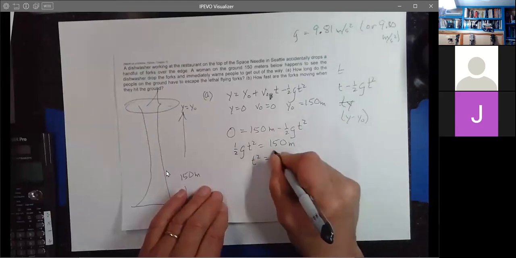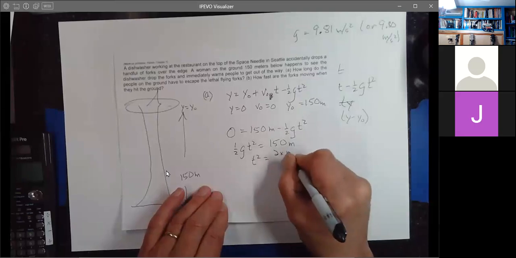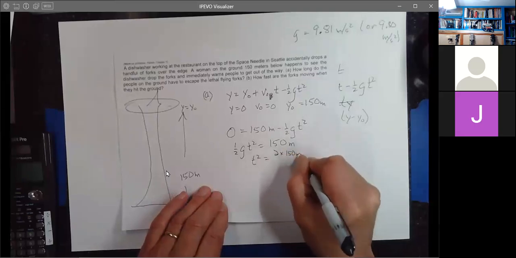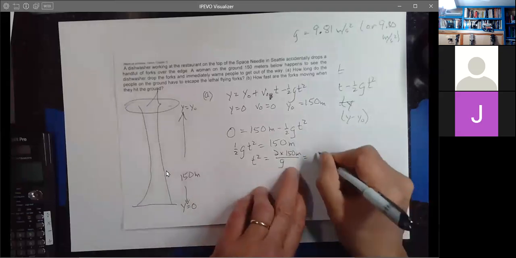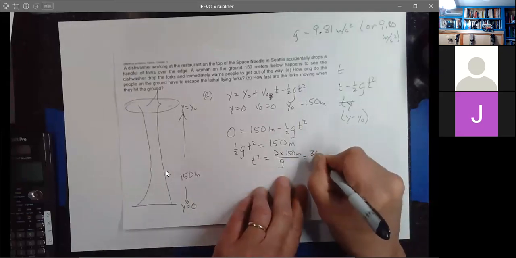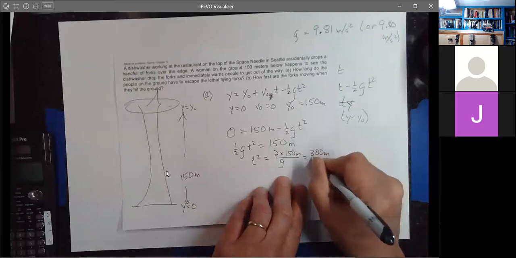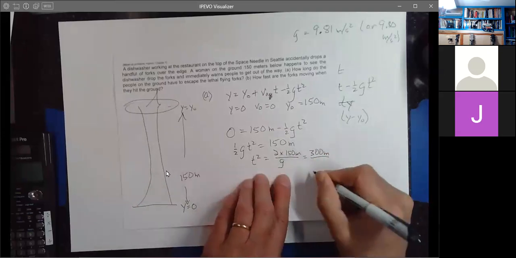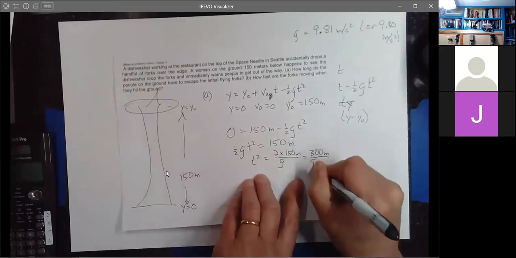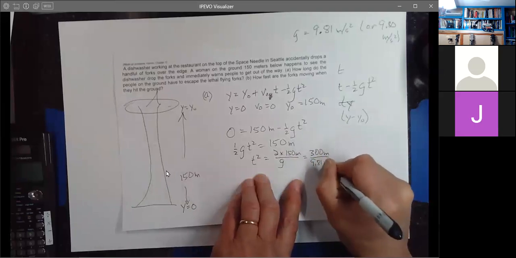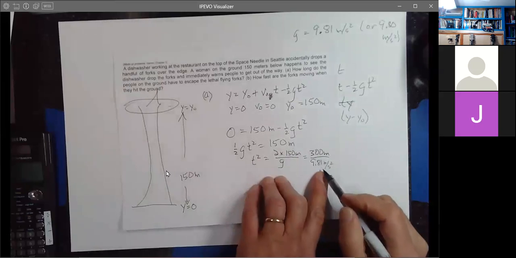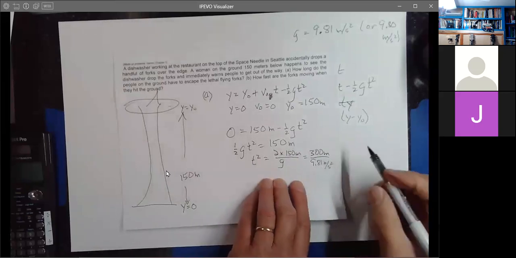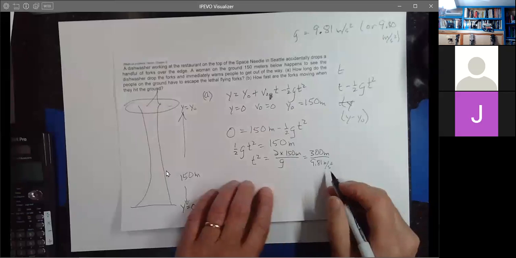I would get 2 times 150 meters divided by g is equal to 300 meters divided by, now I'm going to finally write in the number for g, 9.81 meters per second squared. At our latitude, it's closer to that than it is to 9.80. And when I do this unit-wise,